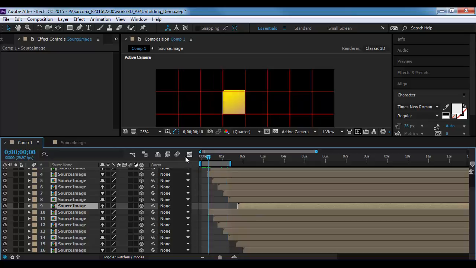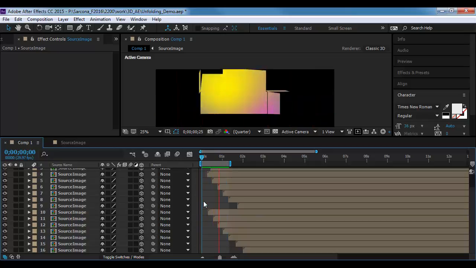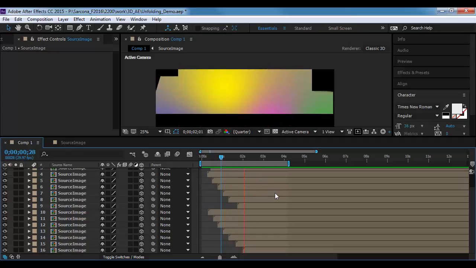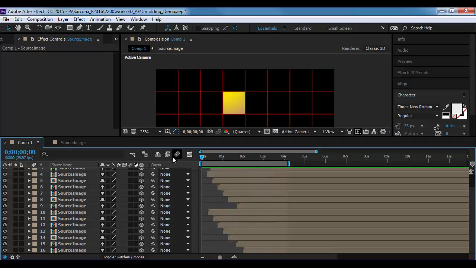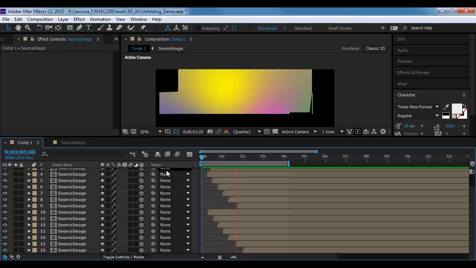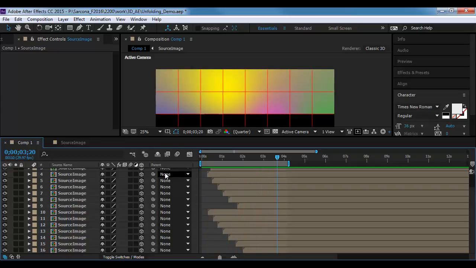Okay, so now if we rewind this and look at it, oops, make my work area bigger, we can see how this unfolds from that one. Okay, so now all we've done is just kind of reposition when these things happen. So now what I want to do is I want to